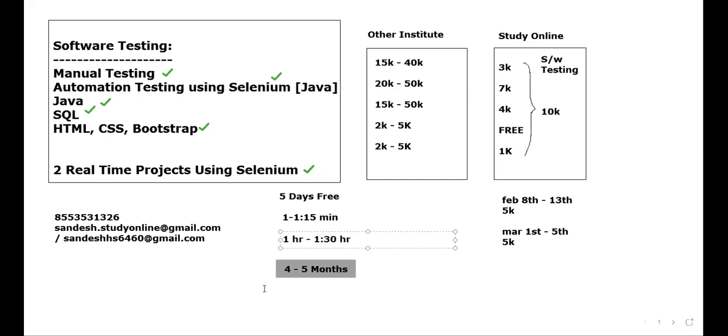Because actually I was planning to start the batch at 6 o'clock in the morning. And if I start the class at 6 o'clock, I know initially you will not attend. Maybe in future also I'll not do that. Maximum 7:30 will start. Or if you really want me to take the class as early as possible, if everybody says yes, I'll start the session at 7 o'clock. If not, 7:30 is fine. We will decide 7 o'clock or 7:30 after the demo class. But right now for the demo class, it will be around 8 to 9 a.m.